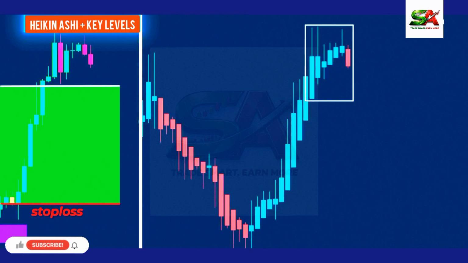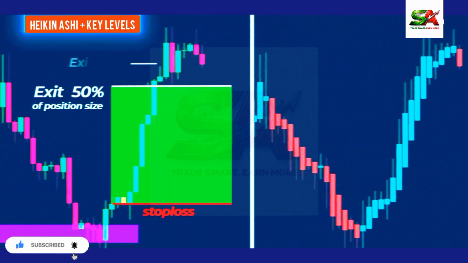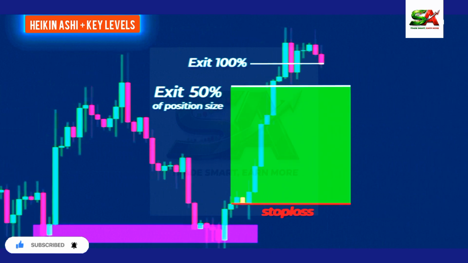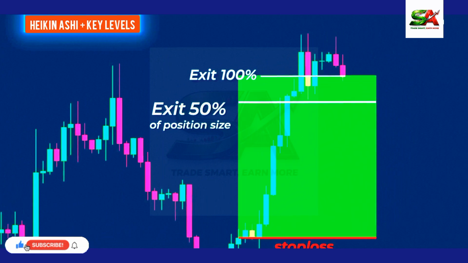But here, we can now see that the green candle's body starts to shrink in size, lower wicks begin to appear, and a red candle formed. This tells us that the uptrend has likely lost its strength, which means we can fully close the remaining of our trade here. So notice that by using this simple trick of letting a portion of your positions run with the help of the Heikin Ashi,